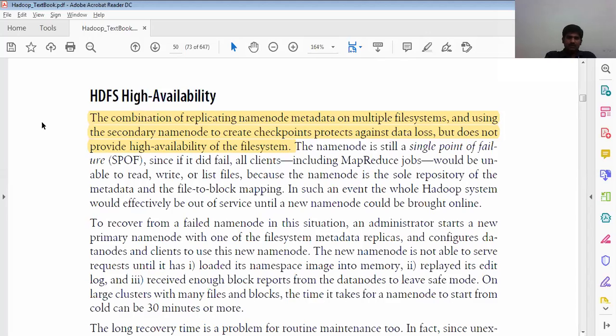If it did fail, all clients, including MapReduce jobs, would be unable to read, write, or list files because